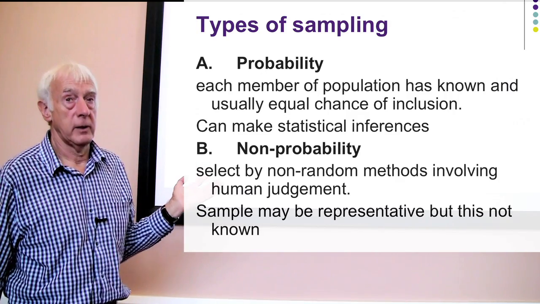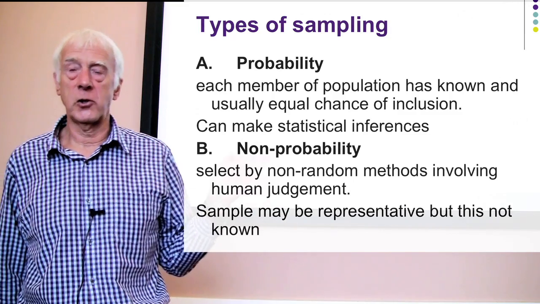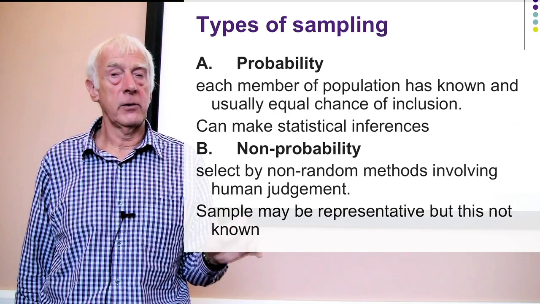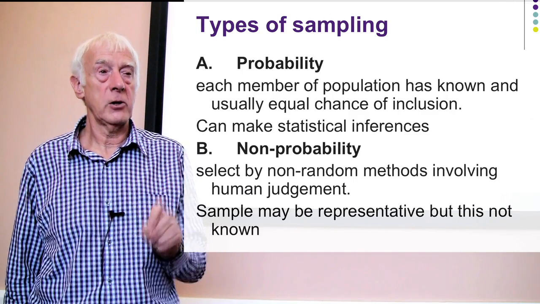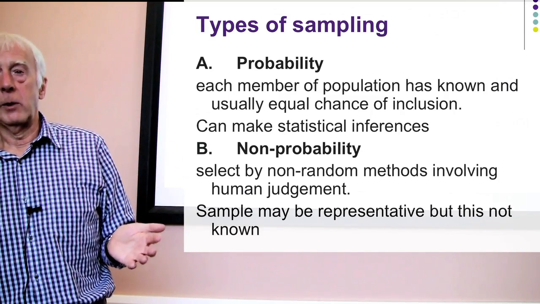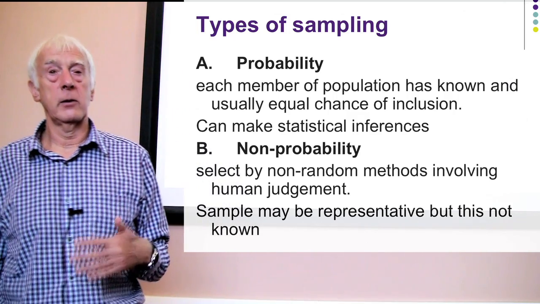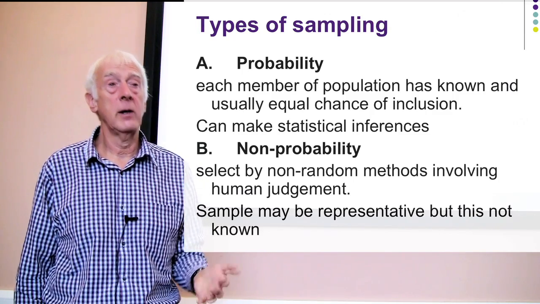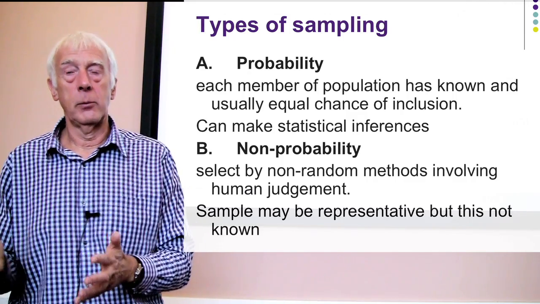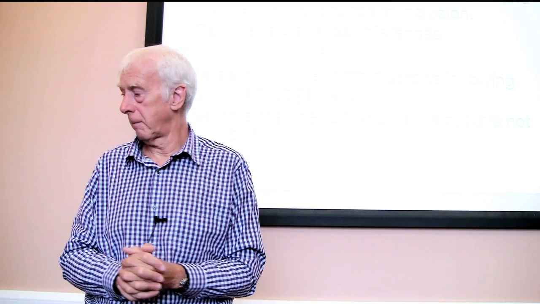The sample may be representative. We don't know. That's the important point. It may be representative. And in fact, there has been some research that shows that non-probability samples done using certain techniques can give us samples that are pretty good, pretty much close to what we would get using random number or probability approaches. But in many cases, we can't tell for certain, and in many cases that doesn't apply either. They're not using those techniques, and so the sample is not representative. And we have to be aware of that, and that of course limits the degree to which we can generalise from our sample to a wider population. But sometimes we have no choice, and I'll mention some of those at the end of the session today.